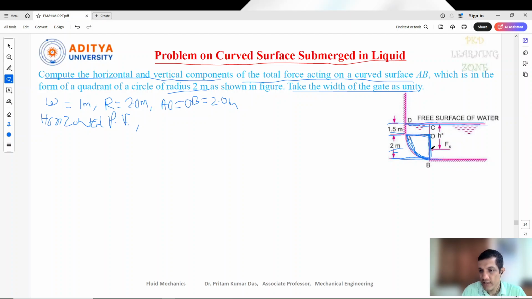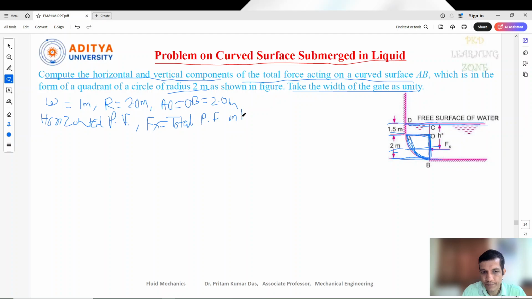So this is the horizontal force Fx, which is exerted by water on the gate. Previously we have already got this in the previous equation: Fx equal to